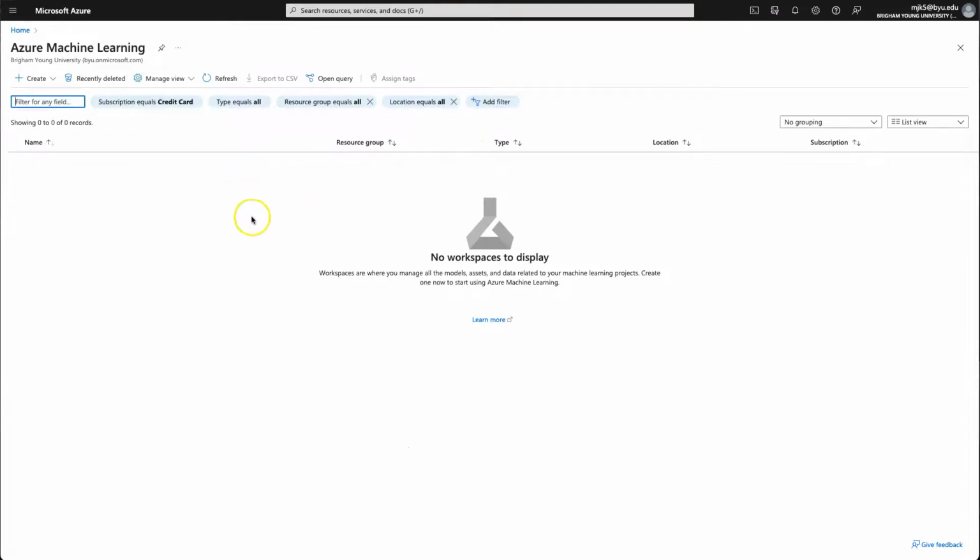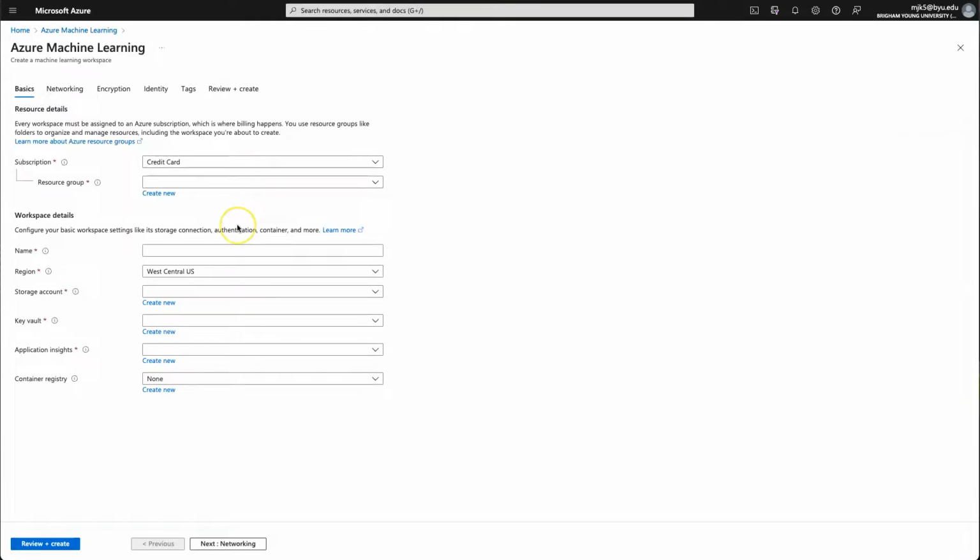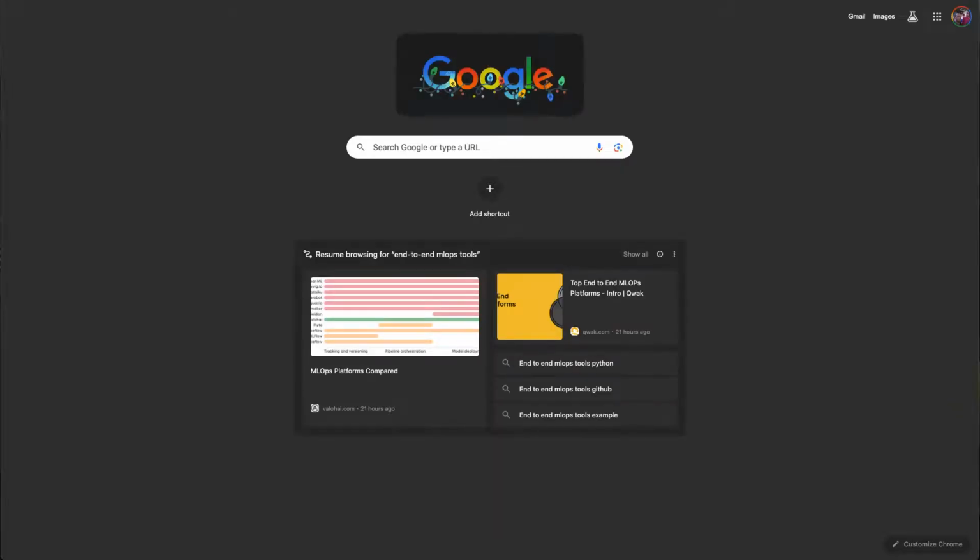So this says you have no workspaces set up where you can perform Azure Machine Learning and use all of those resources that we saw in that other view. We're going to create a new workspace. This is another way of doing exactly what we just did before. So you can either do it from this view, or we can open up a new tab and go directly to